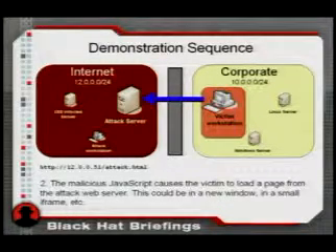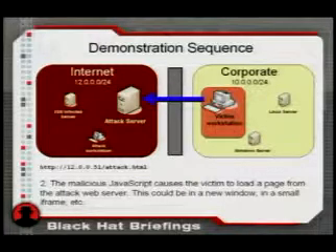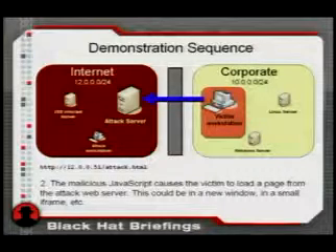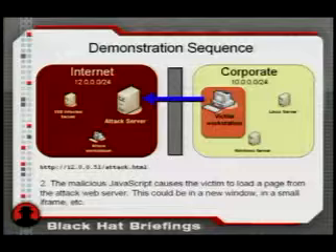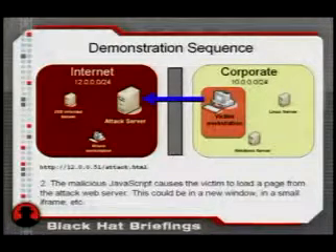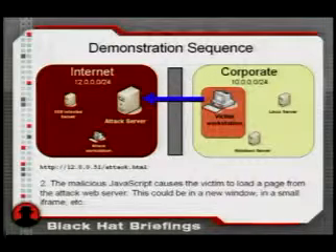Now, in a real attack, this would probably be in a pop-under window or an invisible iframe. There are a number of ways of hiding the fact that malicious JavaScript is running from the user. I'm not going to talk about any of these. In my presentation, the window will be large so that debug statements can help narrate the attack, but properly done, the user would be very unlikely to notice anything amiss.